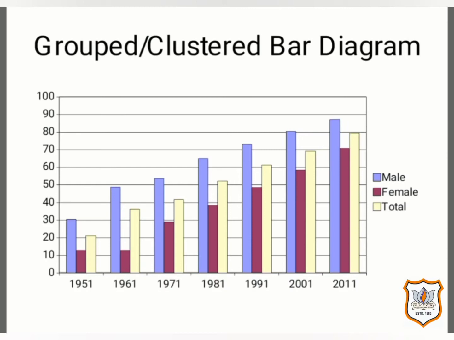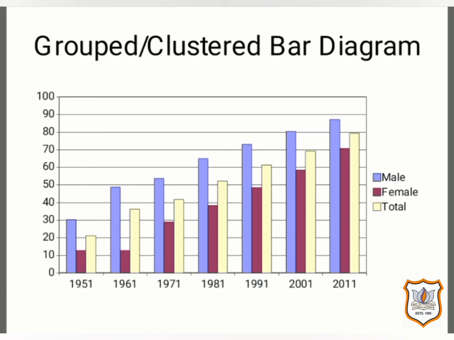As you can see in this diagram that for the very first year 1951, three different bars are drawn. First one represents male. Second rectangular bar represents the data related to female, and similarly the last bar represents the data related to total